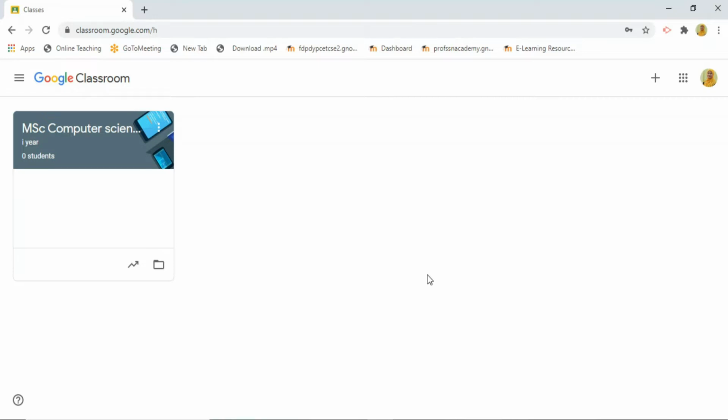So this is the home page for Google Classroom. This is the classroom which I am already using for my purpose. Now we will see how to create a Google Classroom. At the top corner, you will find a plus option. When you click it, it will show you two sub options.